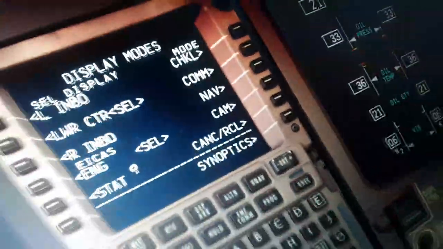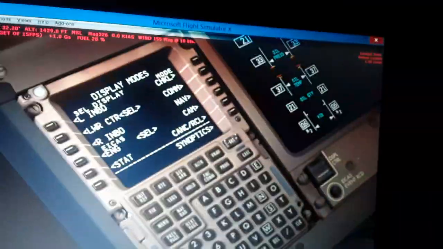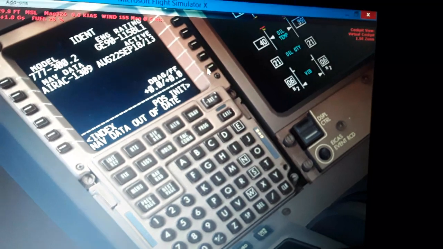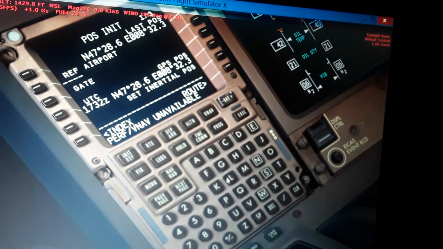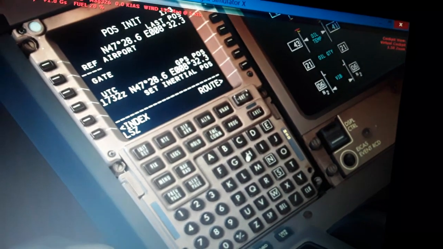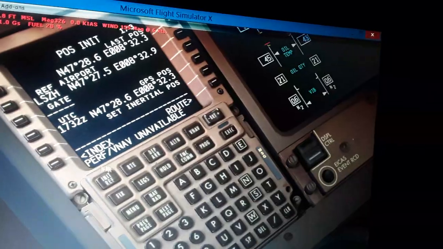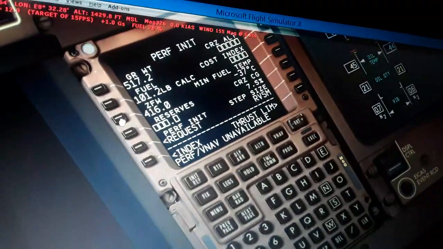Very fast. We need to set up the flight management computer, the flight plan. So we select the mode here, the menu. We have the FMC, the model of the airplane, the position, initialize. We have the reference GPS position. So we enter the airport we are located at and we request the GPS position coordinates. We have the zero fuel weights. We just press this button and it's being